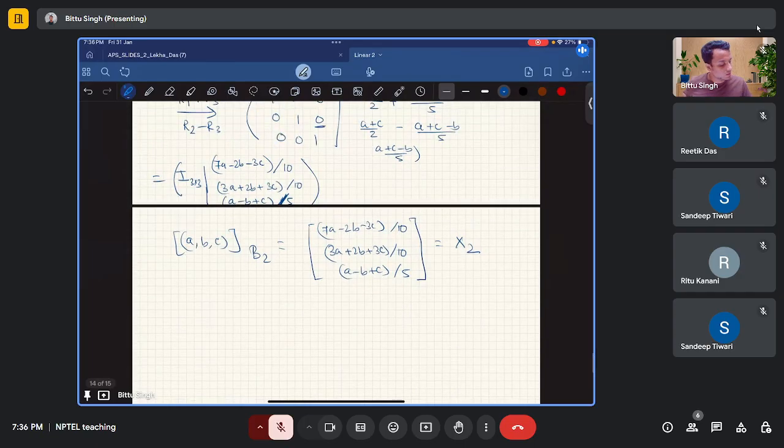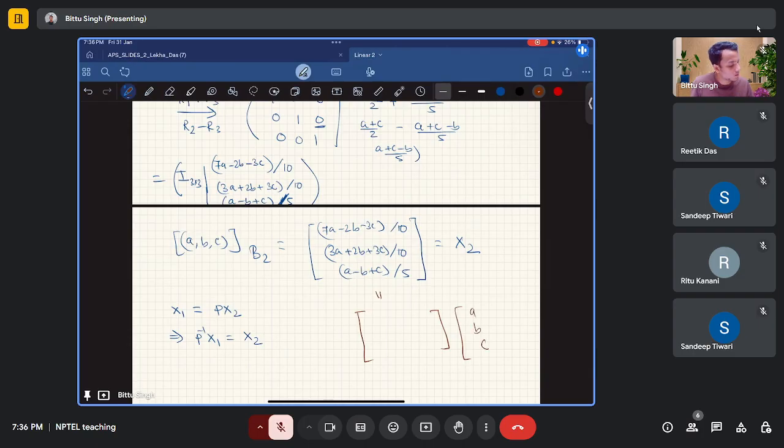So here you can see that x1 is written as P x2. Therefore, P inverse x1 equal to x2. But note that this x2 can be written as